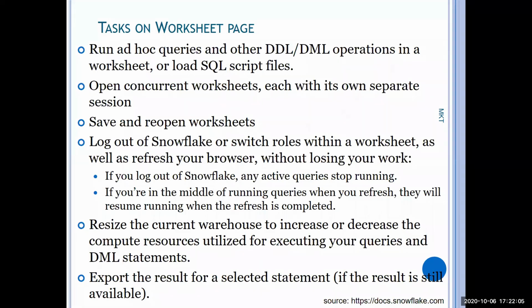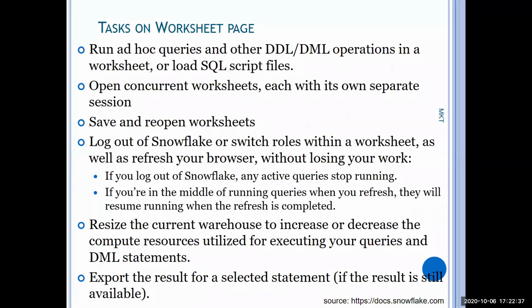In a similar manner, you are able to resize your warehouse. When the query is executing, at that time itself you are able to resize your warehouse. So warehouses can be resized. For example, if your query execution is taking a longer time, you can just increase the warehouse size. But the query currently executing will not be affected, right? It cannot take the new size of the warehouse. The next query which runs can take the new size.